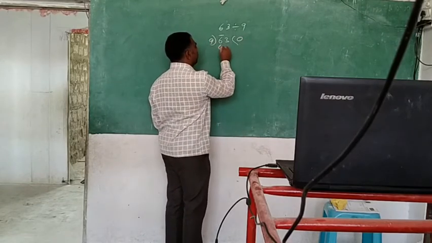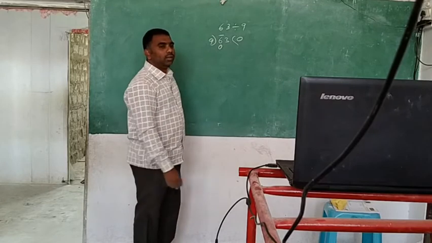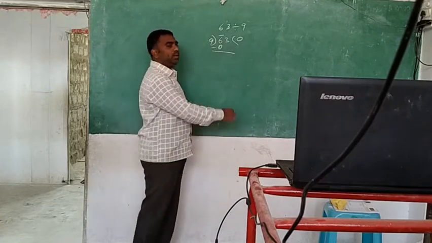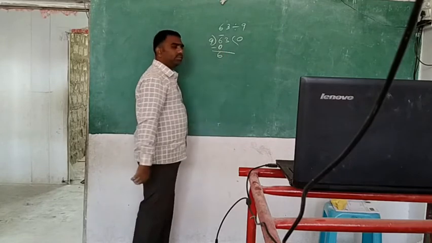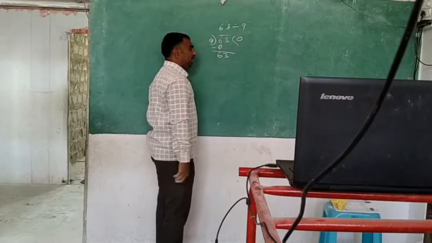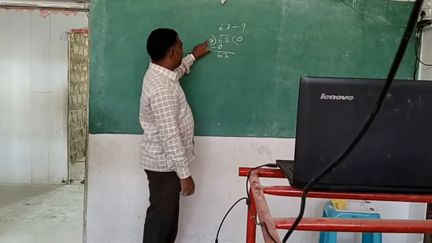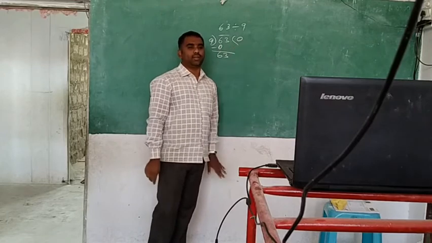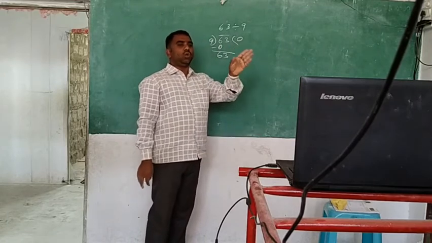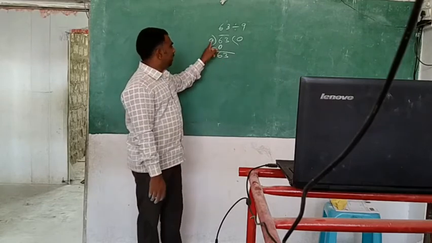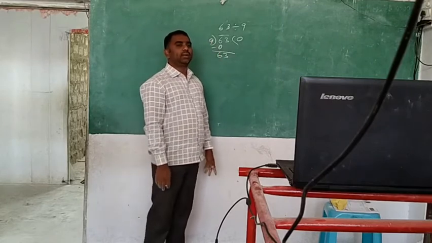9 zeros are 0. Then you will subtract here first. Then how many will be left here? 6 left. Next you will take one more number, bring down, 63. Now in the 9 table, do you get 63? Check it. If it is not coming, you take something less. If you are getting it, okay. If you are not getting it, you take something less. 9 table, 63. Can you get it or not?